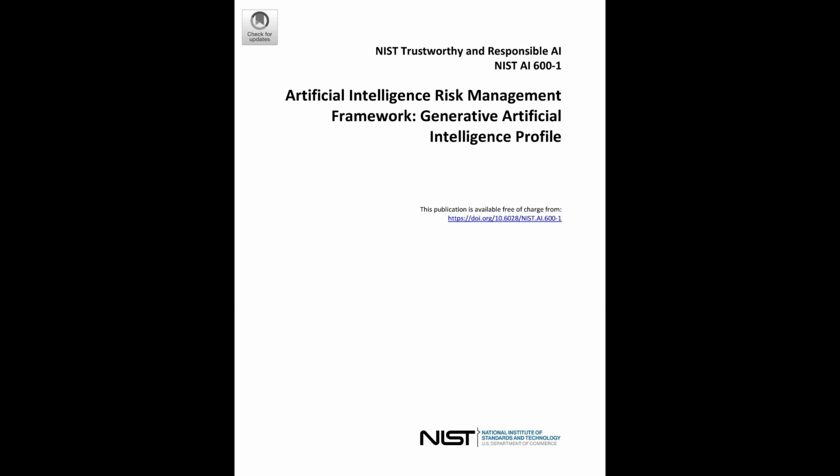So for listeners who want to go deeper than our conversation today, where should they look? The full report, the Artificial Intelligence Risk Management Framework: Generative Artificial Intelligence Profile, NIST AI 600-1, is available for free. You can find the PDF usually by searching its DOI, which is 10.6028/NIST.AI.600-1. We can put that link in the description. Okay, great. And also, the main NIST AI Resource Center website, AIRC, has tons of other useful information. That's at airc.nist.gov. Again, easy to find online.